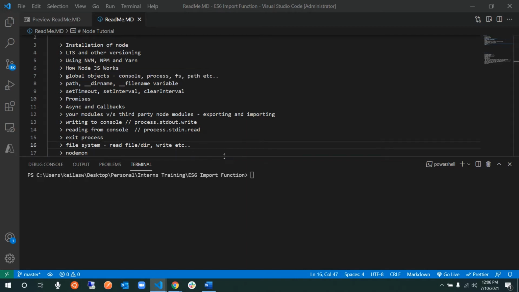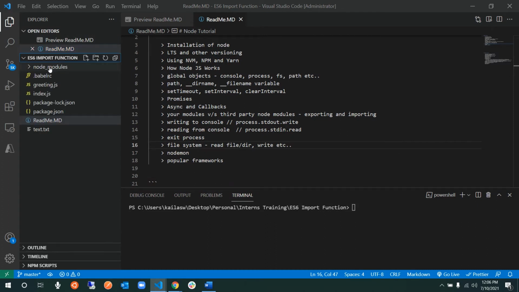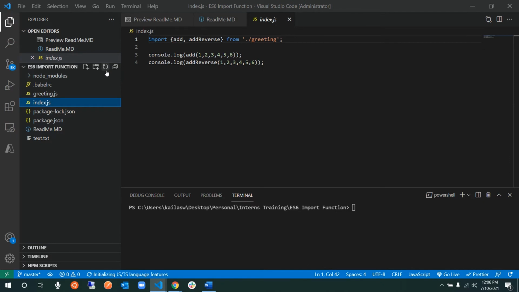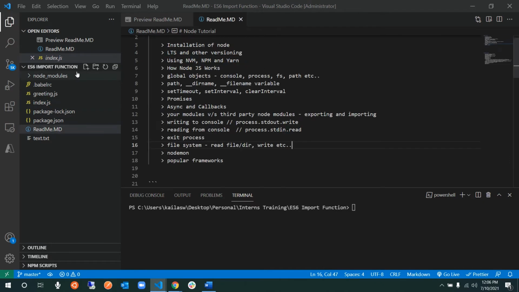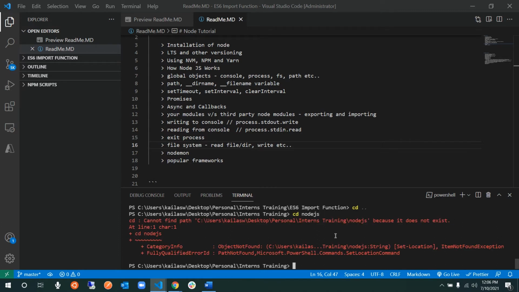Okay, so let's go ahead and start creating a small program. These are old ones, so I'll create a new folder somewhere here. I'll go back, cd .., and then make directory node.js.